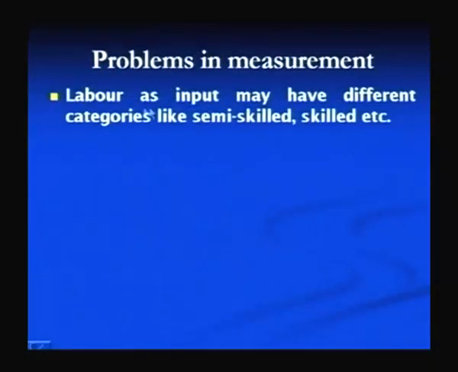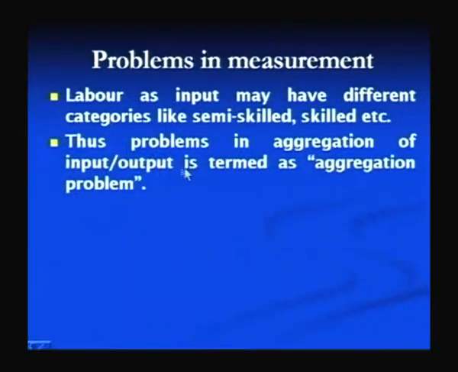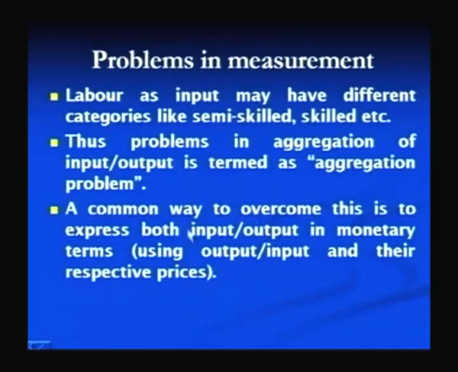This is what I have just explained, that one problem is that labor is used in different types, maybe skilled, semi-skilled or of different levels, for which an organization has to pay different salaries, and their numbers may also be different. So, the calculation of the input as a labor resource becomes difficult, and the problems related to the aggregation of the input and output of the goods and input of the resources is commonly termed the aggregation problem, and this is handled by using the common unit of the input and output of the resources